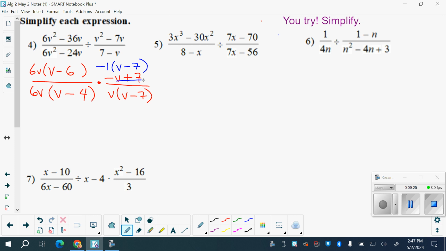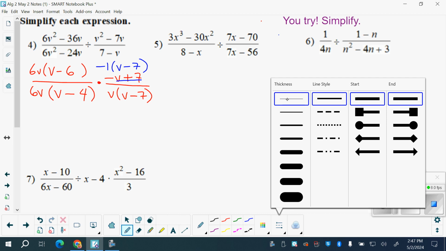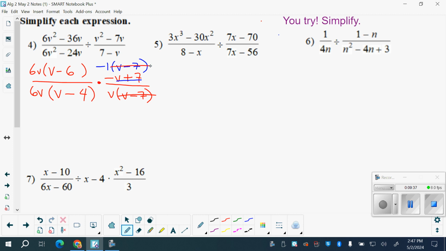Okay, so now we can cancel out our, what can we cancel here? V minus 7. The negative 1 is still there. Anything else? 6v. So I'm left with v minus 6 over v times v minus 4. And then I have a negative in the numerator. So what I can do is I can either write it on the side or I can distribute it through